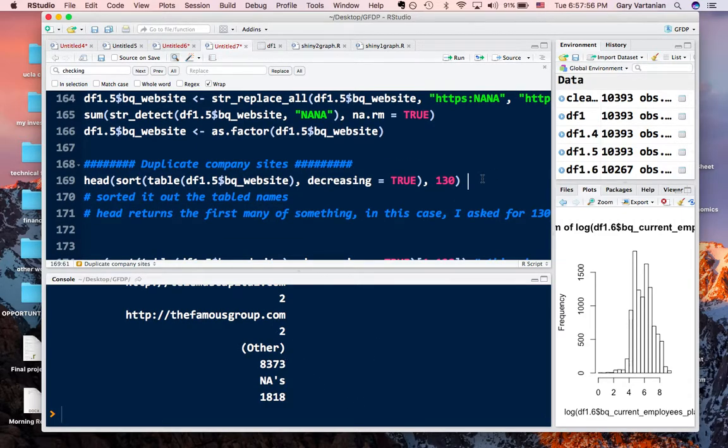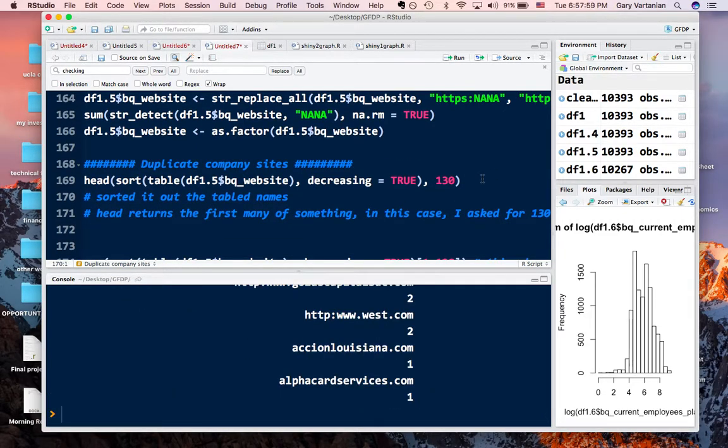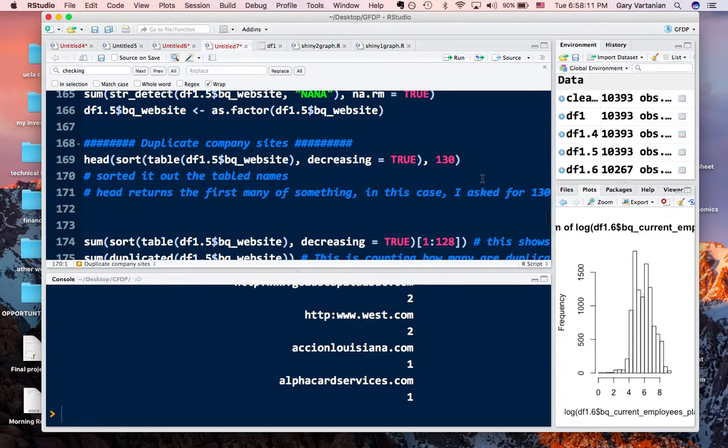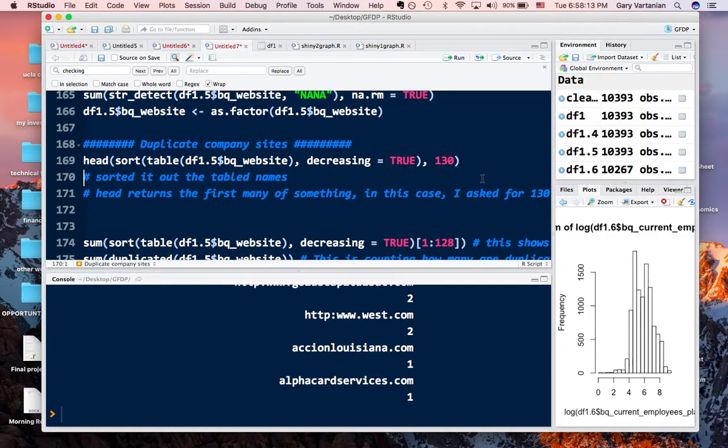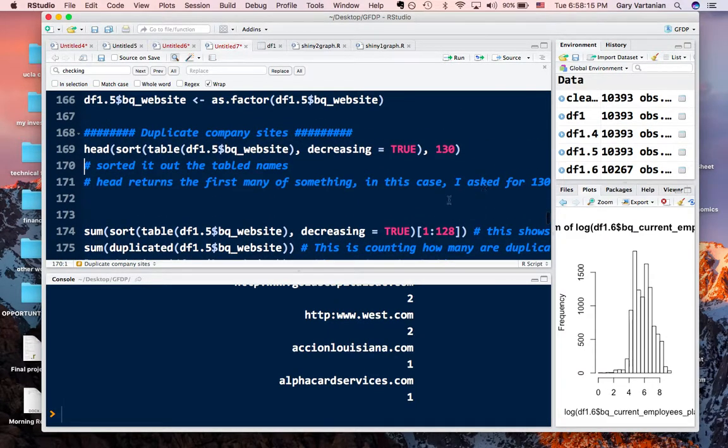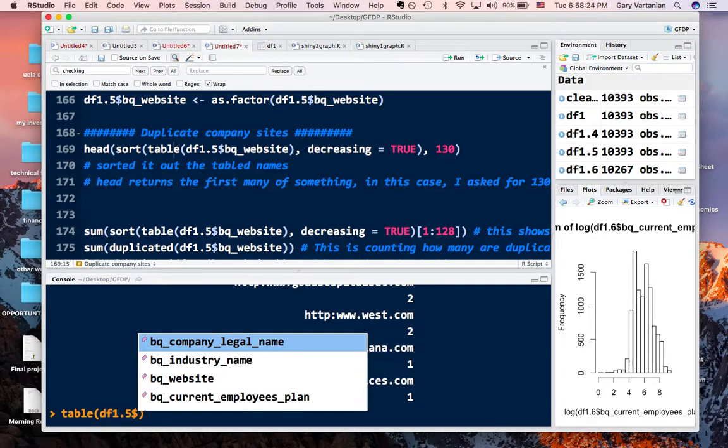It stops around 130, and you could probably write a function to pull it out. The reason I went all the way to 130 was because I looked around, but you could definitely write a function to pull it out, which I did not do. I leave that as a challenge to you guys. So I sorted it out. First off, I tabled it. df 1.5 BQ